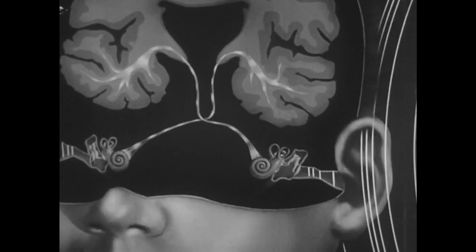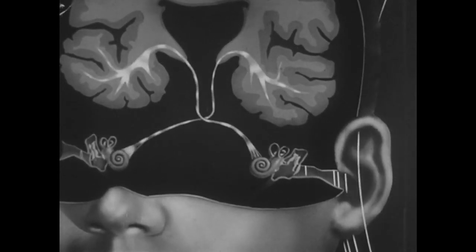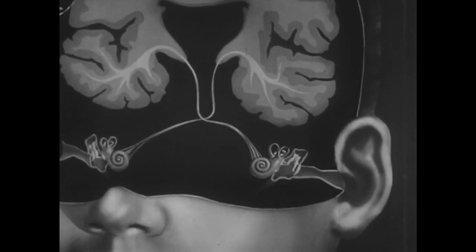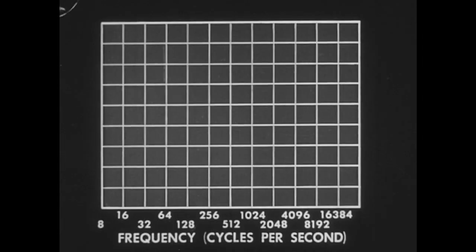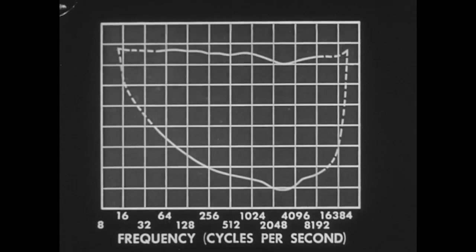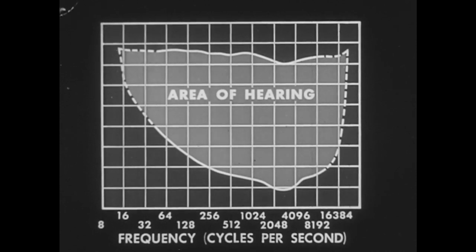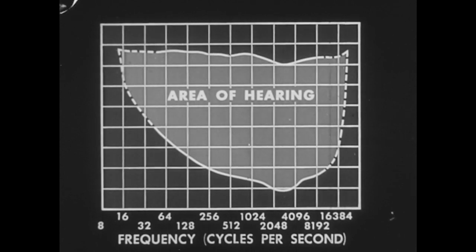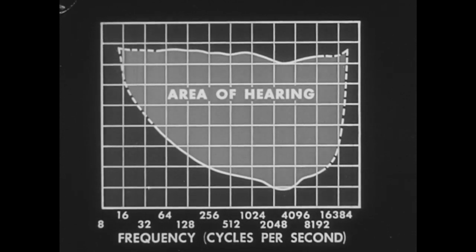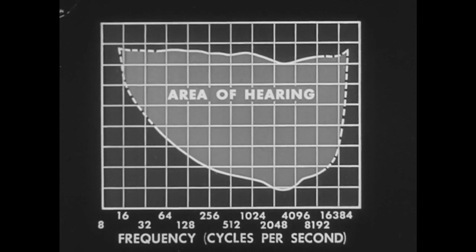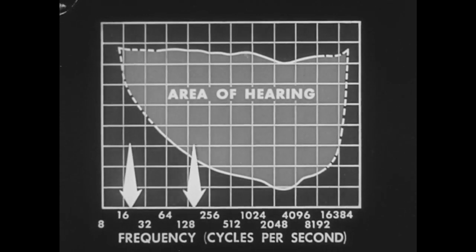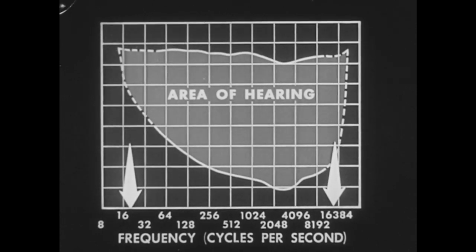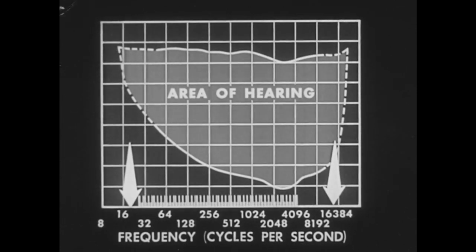The healthy, normal human ear is sensitive to a wide variety of sounds. We can represent the range of human hearing on a graph. Normal hearing ranges in audible intensity or loudness from the faint rustle of leaves, represented by the lowest part of the curve, to the boom of distant artillery, represented at the top. In terms of audible frequency, the average person hears from about 20 cycles to about 16,000 cycles a second. That's considerably more than the range of the piano scale.